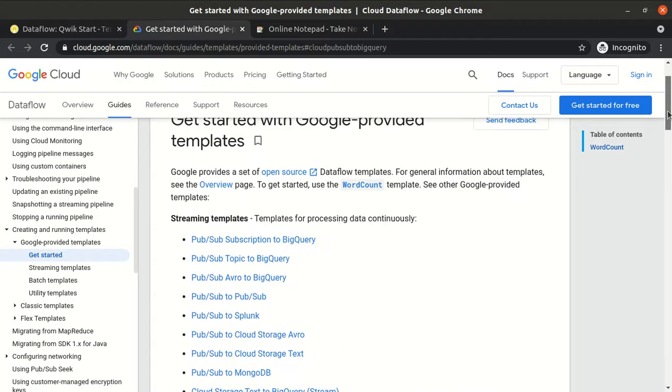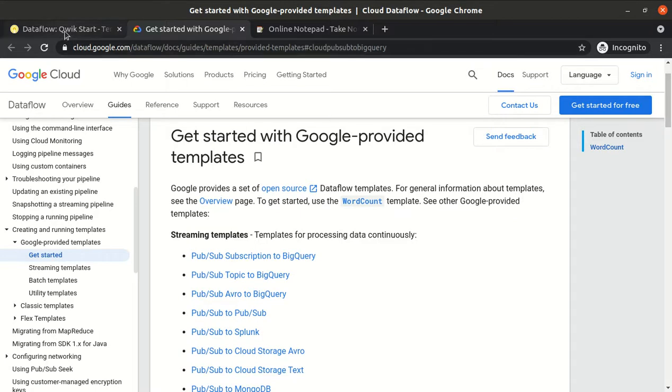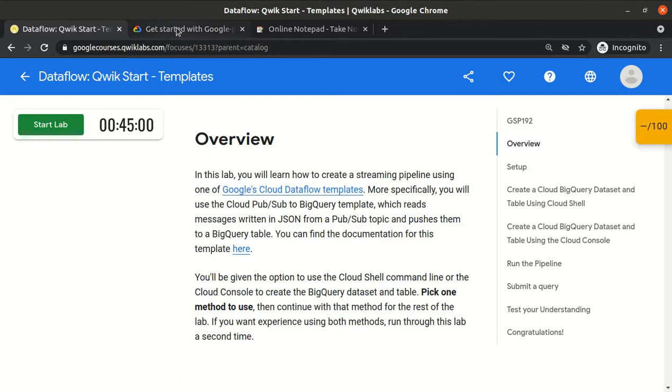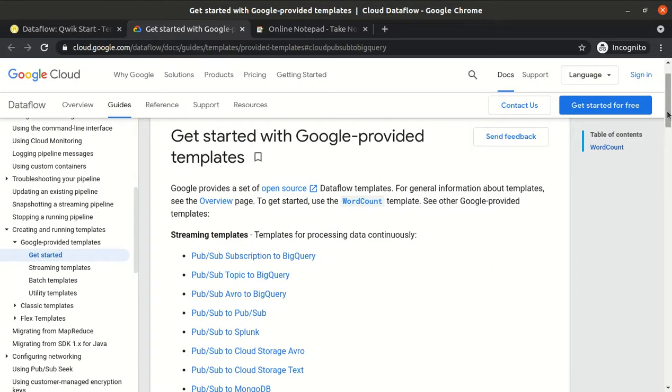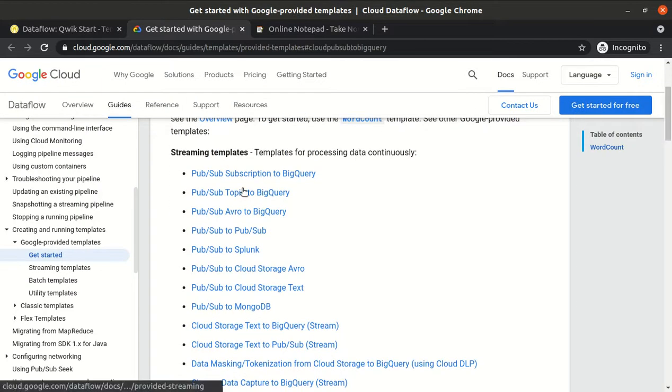And we already have some pre-written templates available. As part of those templates, we will just select a template. Let's suppose our requirement is to read some data from the PubSub topic and put it into BigQuery, right? So there are two cases: either we write all the jobs, or someone has already written some jobs and created a standard template, that is a PubSub topic to BigQuery template, and this is the requirement.